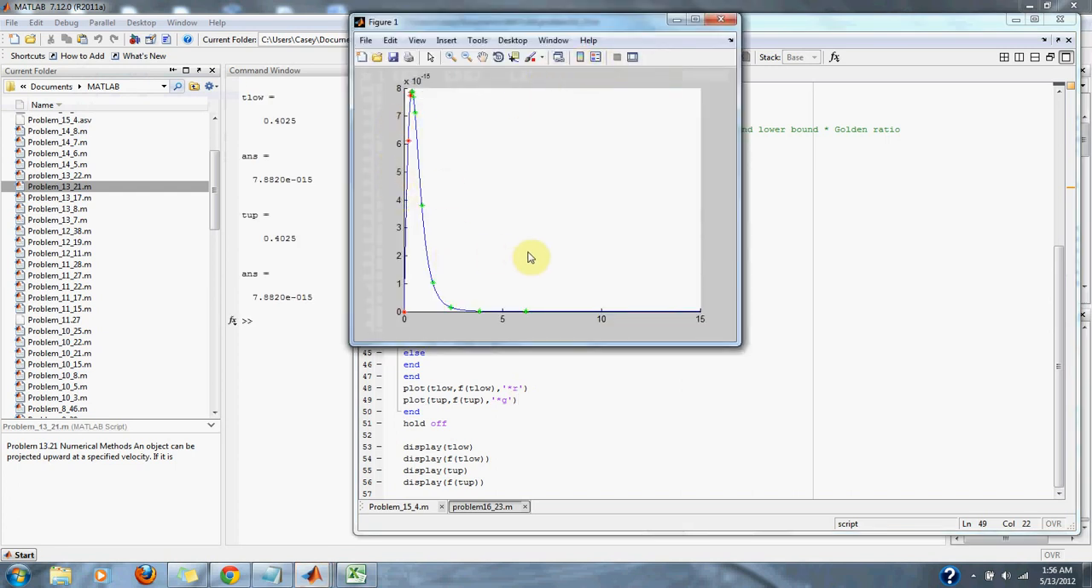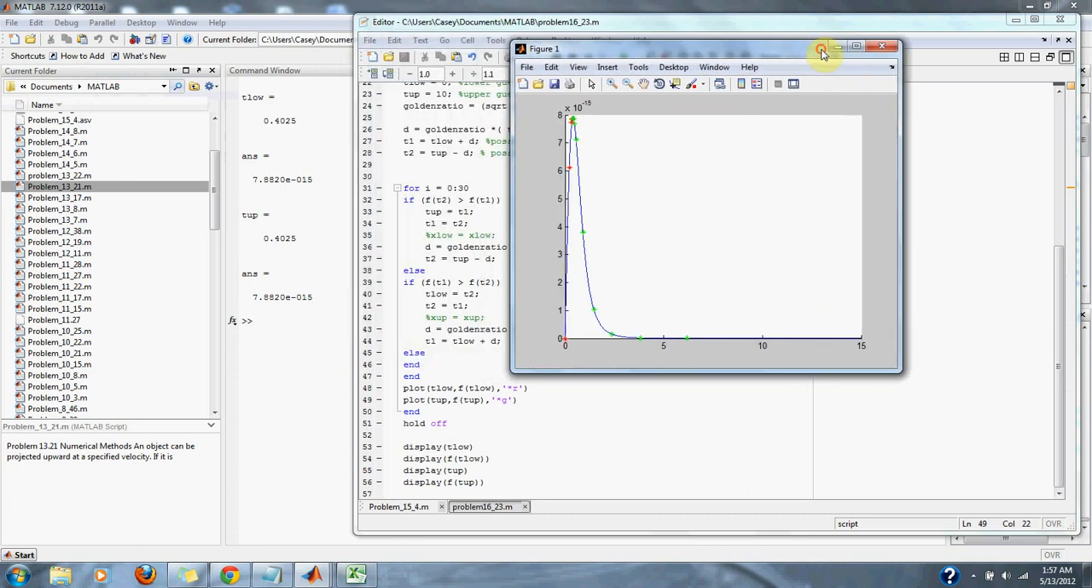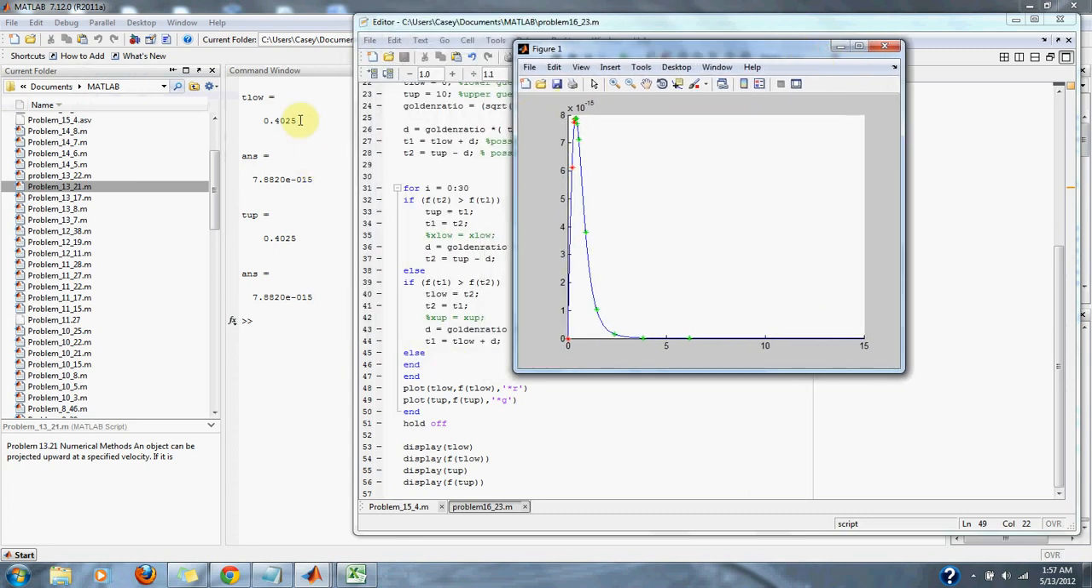In blue, you can see our equation, and in green and red, you can see our approximation to the maximum point in this equation. And over here, we can see that our lower guess and our upper guess are the same. At about 0.4025 meters,